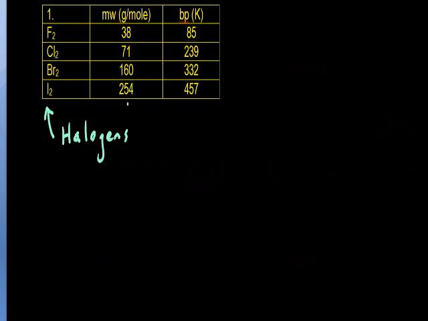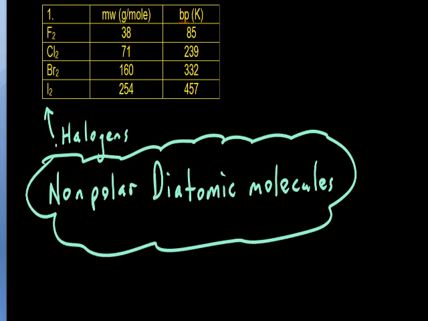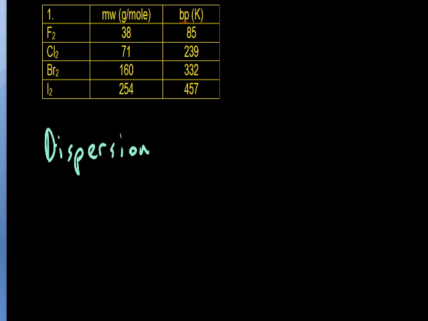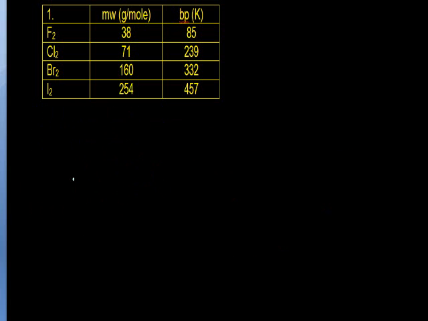Let's first take a look at the family known as the halogens with fluorine, chlorine, bromine, and iodine. All of the halogens would be referred to as being nonpolar diatomic molecules. Being that these are all nonpolar, the only attractive forces that exist between molecules are dispersion forces. As we look at a periodic trend, as the mass of each halogen increases, which indicates that the size of the diatomic molecule is increasing, we can see a corresponding increase in the boiling point for each one of these